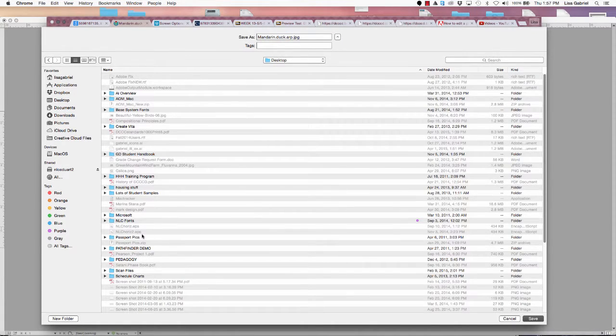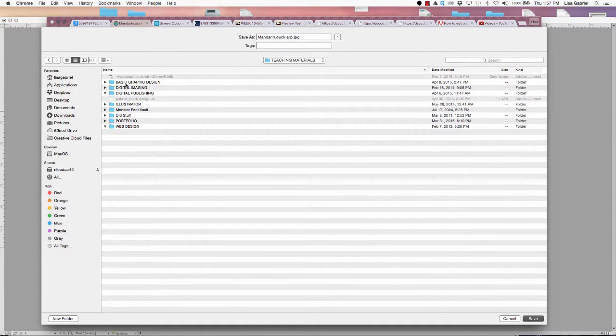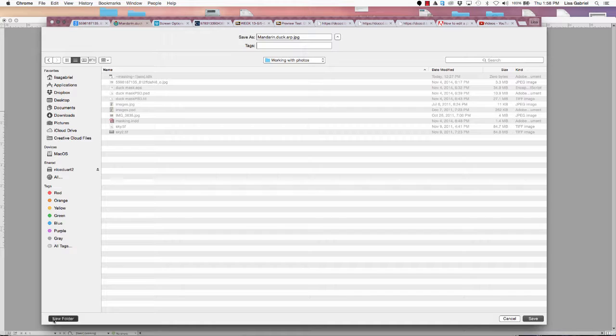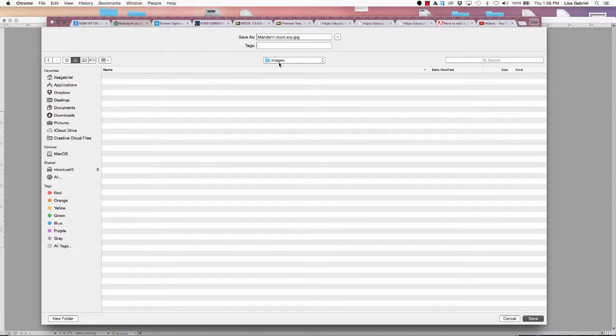here, and then it's in my teaching materials and in digital publishing, and then I actually have a folder in here called Working with Photos. That's today's demo. So in this folder, I would double click and create a folder in here called Images. Now in your case, you'll probably have a project folder, and inside your project folder, you will have a folder called Images. Okay, so I just created a folder called Images, and I'm going to save this image into that